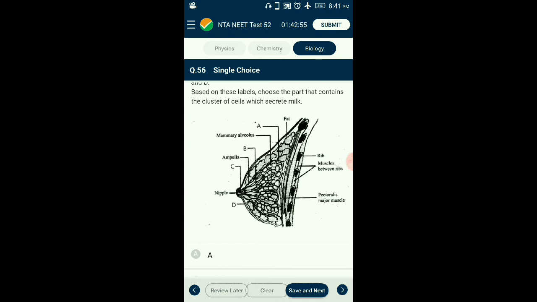The mammary glands are paired structures, generally called breasts, that contain glandular tissues and a variable amount of fat. The glandular tissue of each breast is divided into 15 to 20 mammary lobes containing clusters of cells called alveoli. The cells of alveoli secrete milk, which is stored in the cavities, generally called lumens of alveoli. The alveoli open into mammary tubules. The tubules of each lobe join to form mammary duct. Several mammary ducts join to form a wider mammary ampulla, which is connected to lactiferous duct through which milk is sucked out. So the answer for this question is option E. That is correctly labeled.